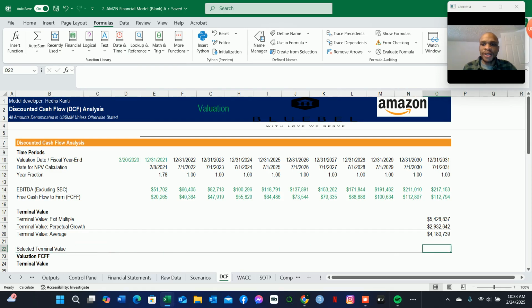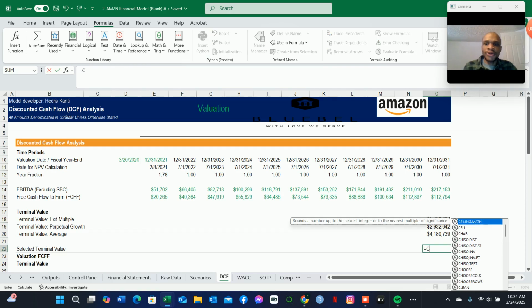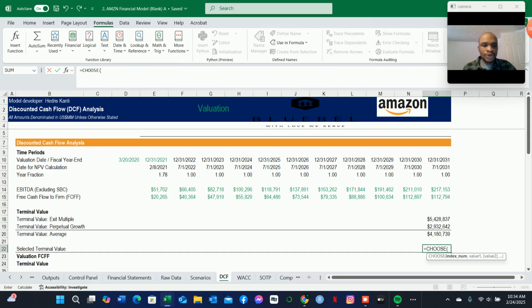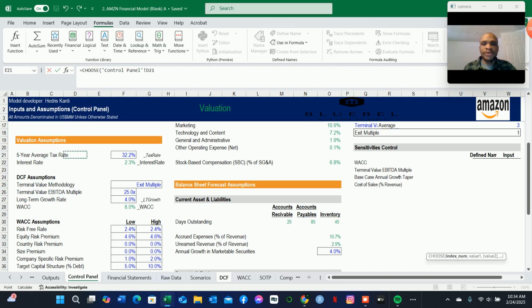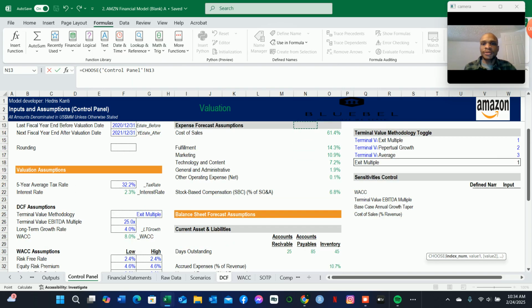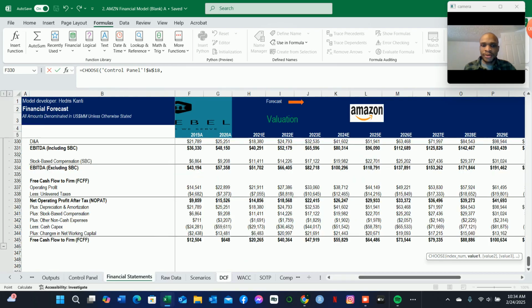bring in the toggle where we can select between this terminal value, between the perpetual growth and the average. So in this case, we're going to use the choose function. So we go choose, and we switch back to our control panel tab where we had year. Remember, we set this up, this terminal value methodology toggle. So we reference this here where we have to select between those methodologies and then switch back to our DCF tab,